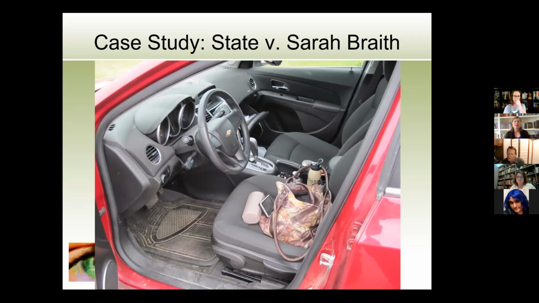It turns out her old flip phone did not have a good record of text messages in it because the state did not charge the case for 6 months. They did not impound her phone, so she just kept using it. She was a college kid, and so the messages from that time period were long gone. But she had this GPS unit with her, and that was very powerful.